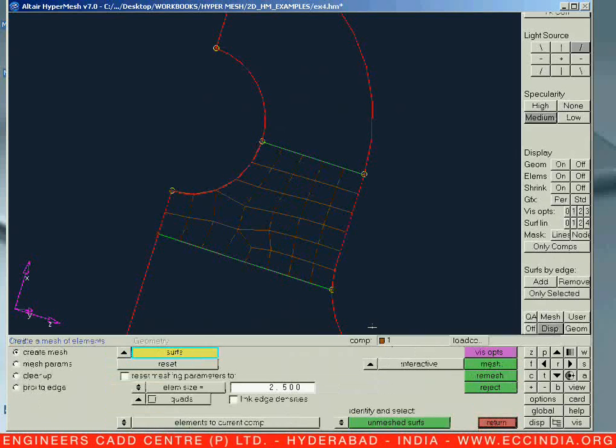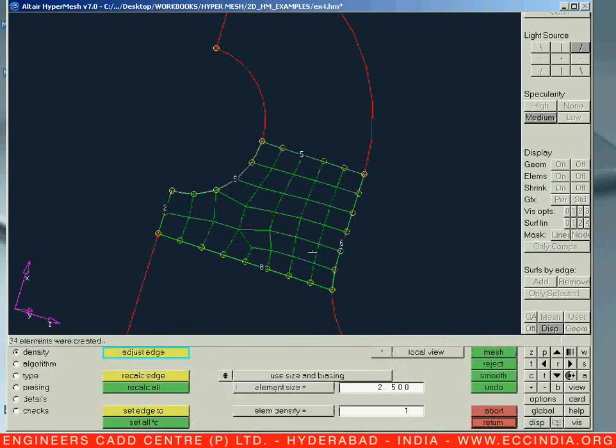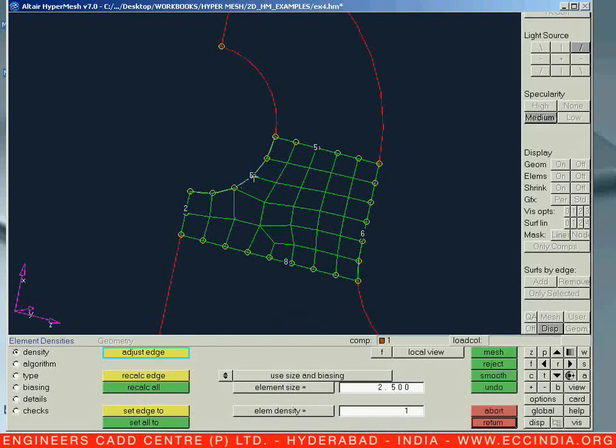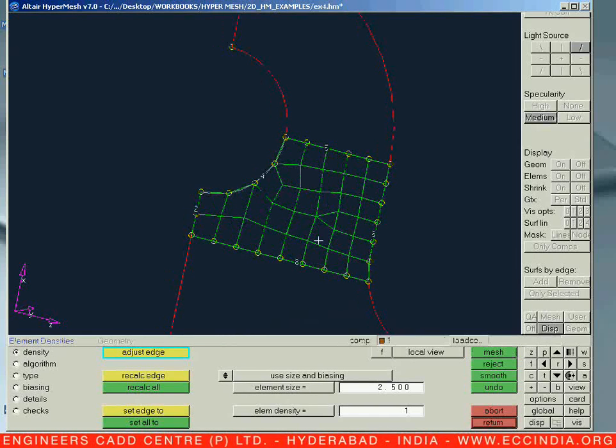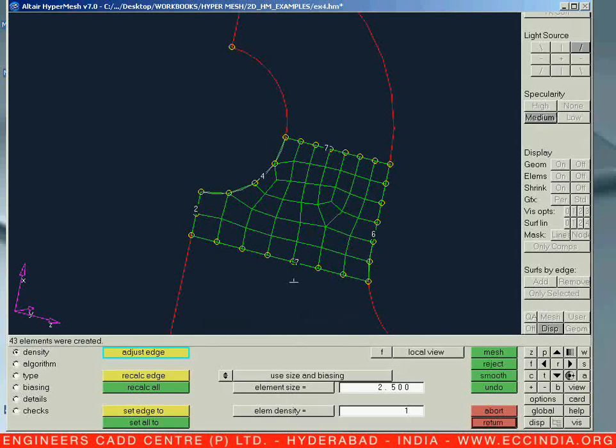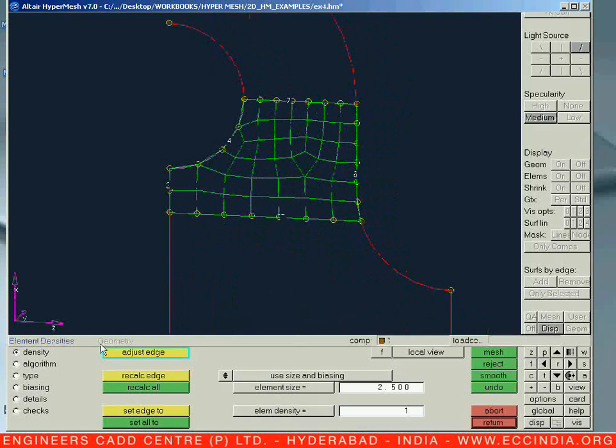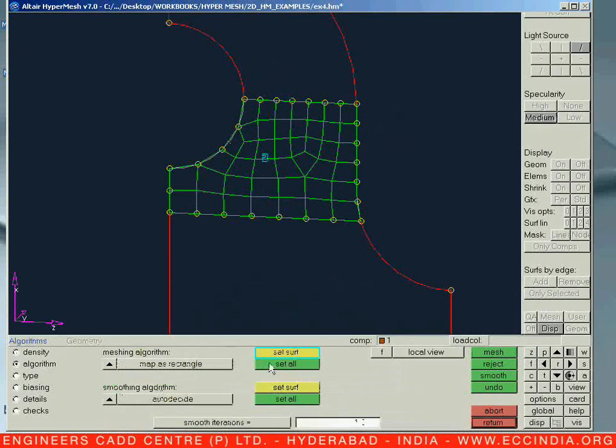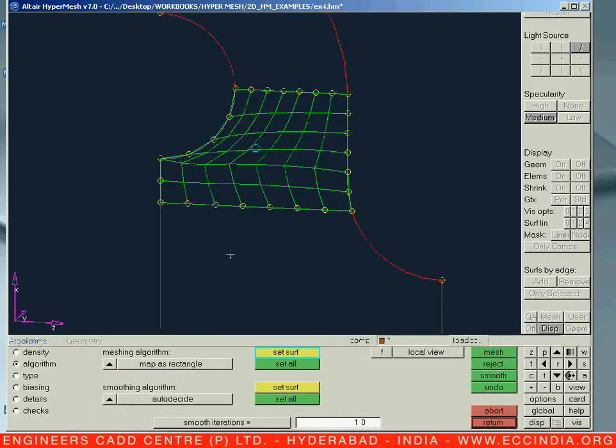So let us reject, accept, 4, 2 floor, 6, 5, so keep on 6, 7, reduce. Now let us adjust the algorithms, rectangle, mesh, again same mesh.